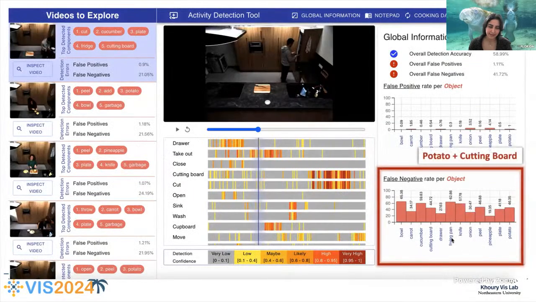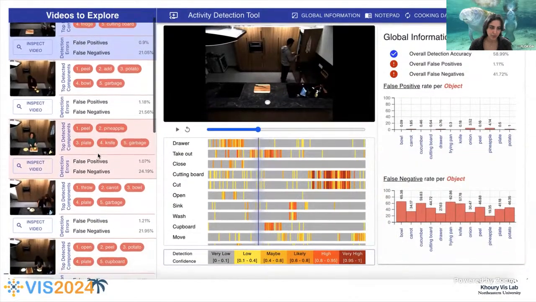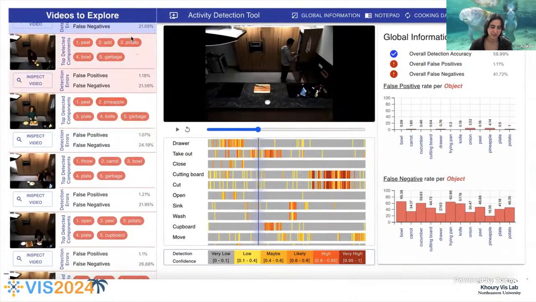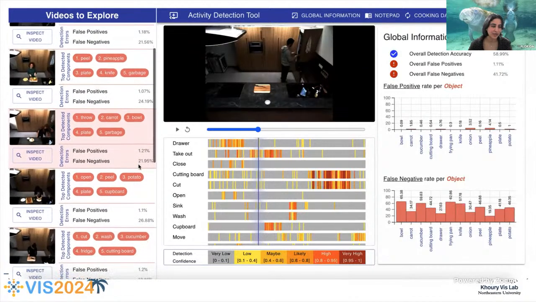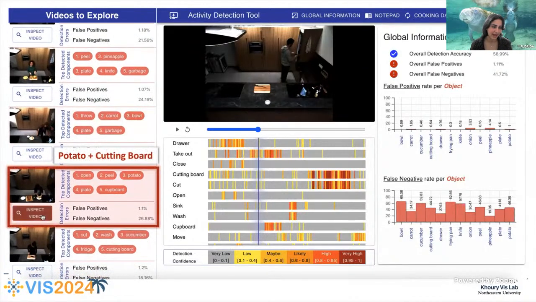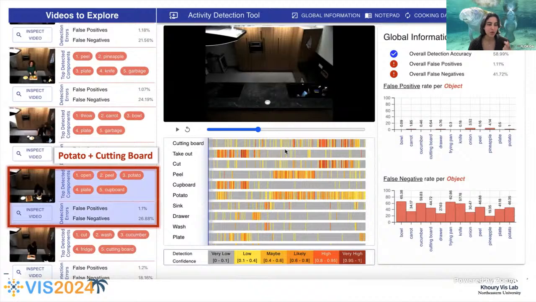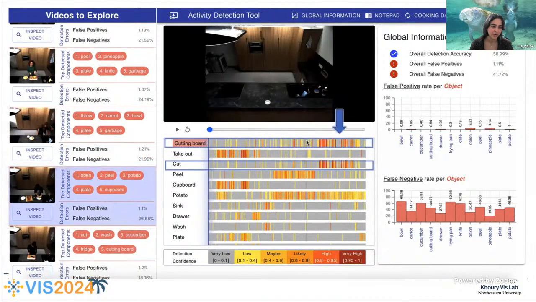Looking at the false negative bar charts, I can easily see potato and cutting board both have high false negative rates. So I can go to the left side and try to find a video that has those elements. Upon clicking on the video, I can look at the heat maps and compare, for example, cut and cutting board.